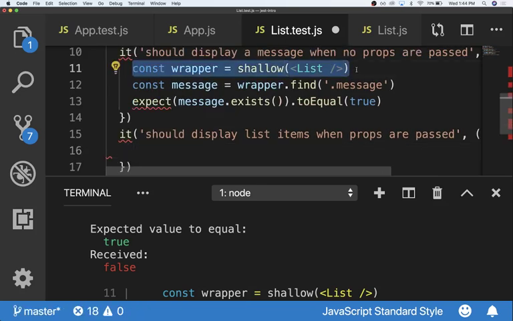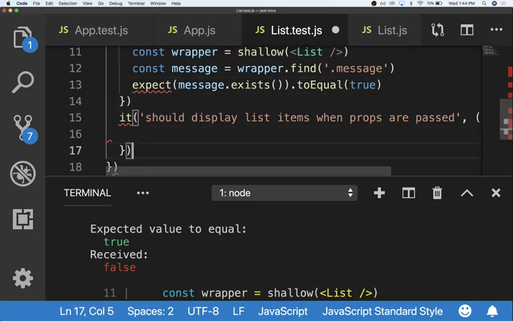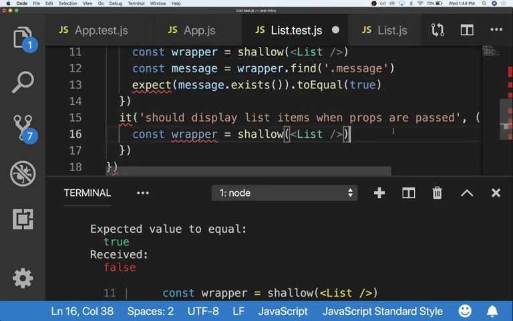Same thing. But now, how are we going to pass props to this shallowly rendered component? The same way you normally attach props. Yep, exactly. So we'll say todoItems equals an array, and that's got to be in curlies,